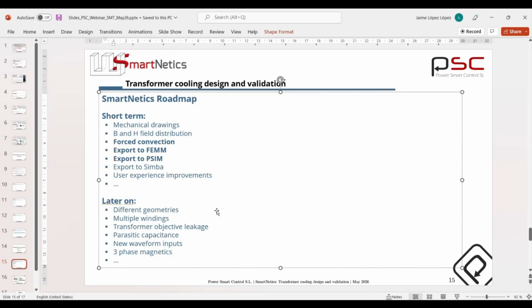Because this tool is not only something we sell, it is the same tool we use internally for our designs because we make our converters and we make magnetic devices. So this is something we are constantly improving.